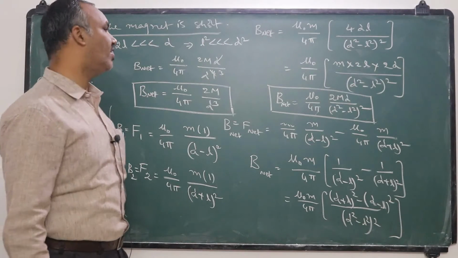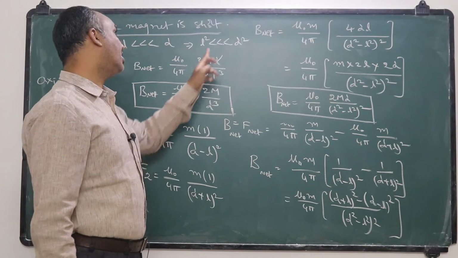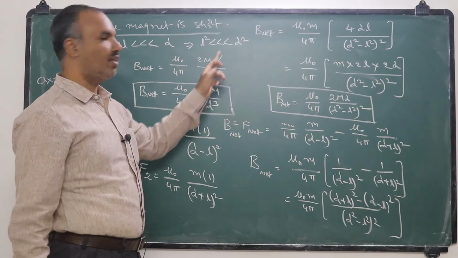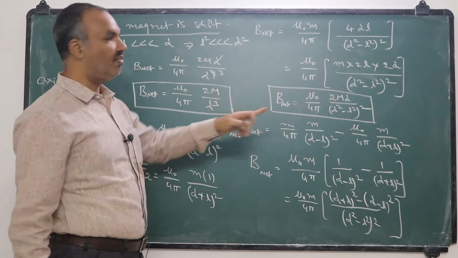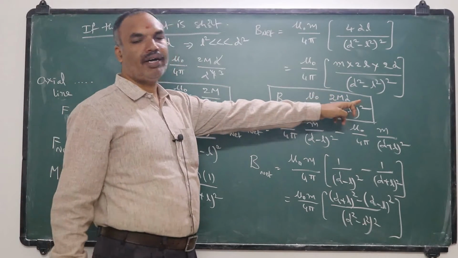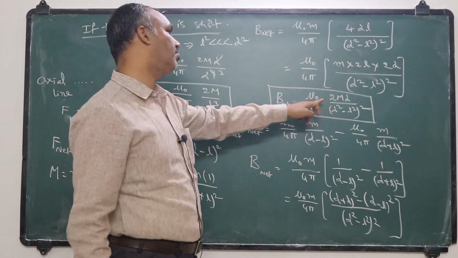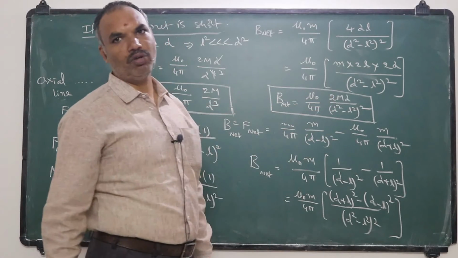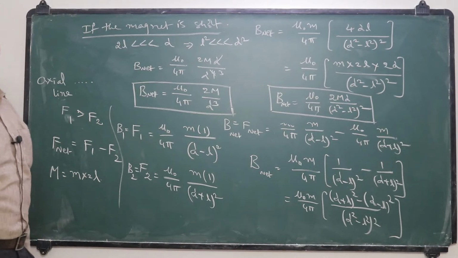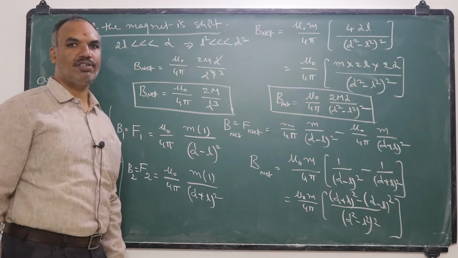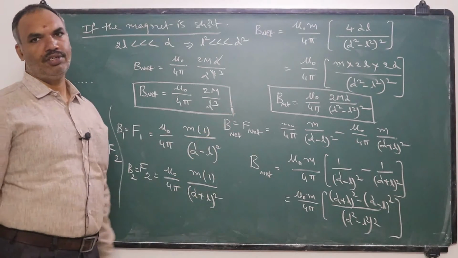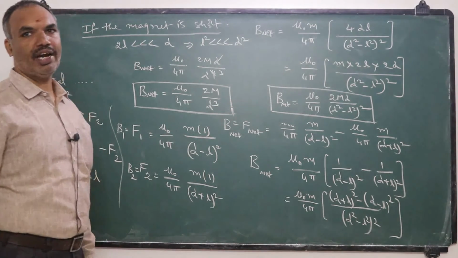What is the difference? In the short bar magnet case, we neglected the length of the magnet squared when compared to d squared. So this is the formula. Without neglecting the length of the magnet when compared to the separation of the point from the magnet, this is the formula. Both formulae are useful for solving objective questions. Even though it is not in the board examination syllabus for this year, you need to learn the formulae at least. The derivation part I mentioned only for your understanding.